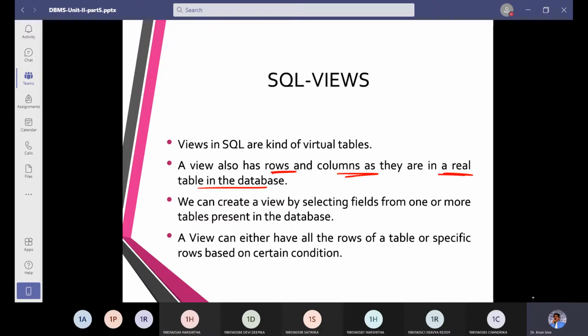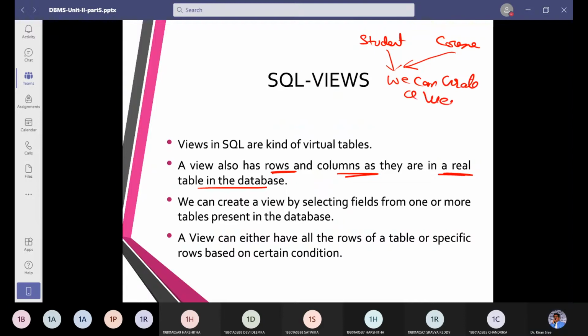In the first scenario, we should understand there is a table called student and there is a table called course. From student and from course, we can create a view. So now the view, we call it a virtual table.